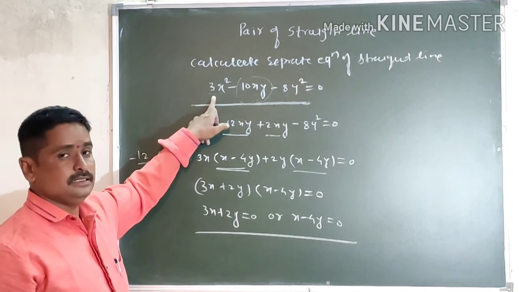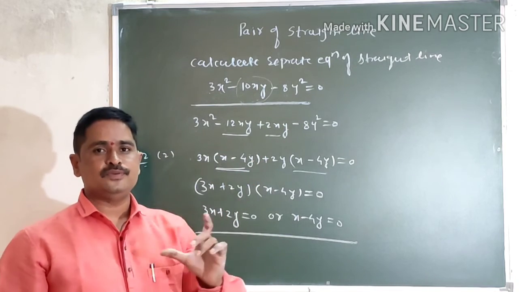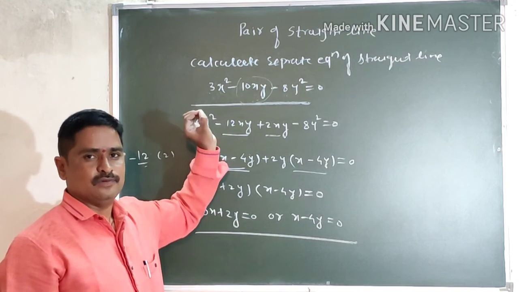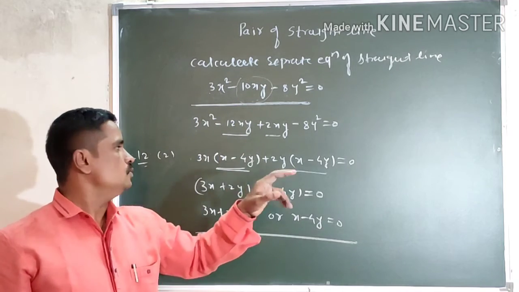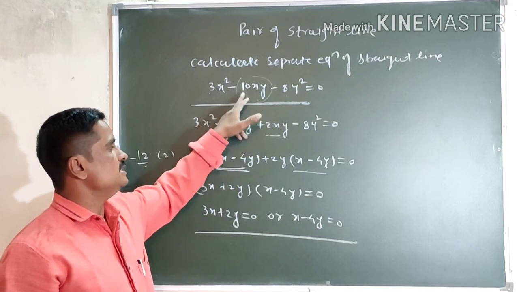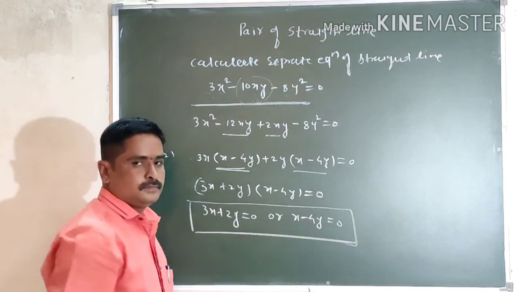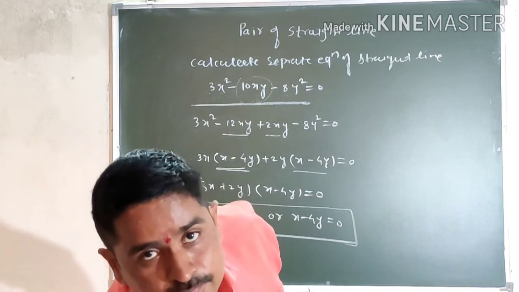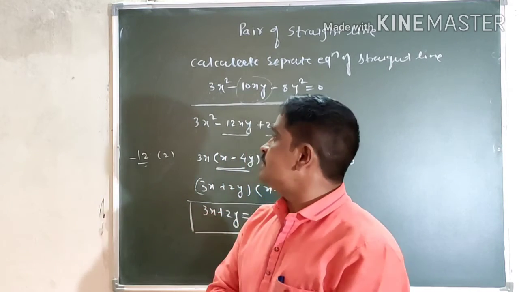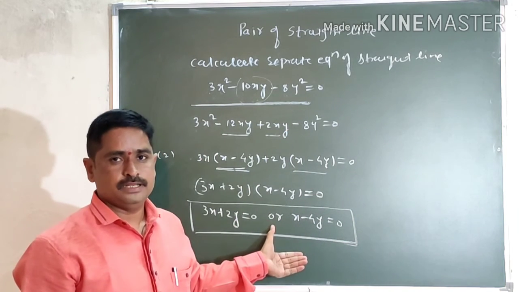तर आपण ह्या ठिकाणी या दोघांचं मल्टिप्लिकेशन केलंय, minus 24 येत आहे. minus 24 चे फॅक्टर आपण अशा प्रकारात घेतले की जेणेकरून त्याचं ऍडिशन किंवा सबट्रॅक्शन जे आहे ते minus 10xy यावं. मग minus 12 plus 2 हे फॅक्टर झाले, आपण त्याला xy च्या फॉर्म मध्ये दिलं. minus 12xy plus 2xy is nothing but minus 10xy. So it is the process to find the separate equations of a pair of straight lines from the combined equation of a pair of straight lines.